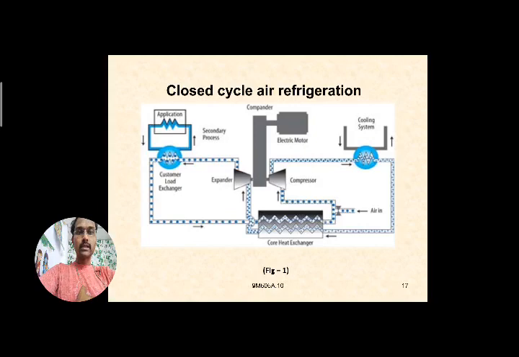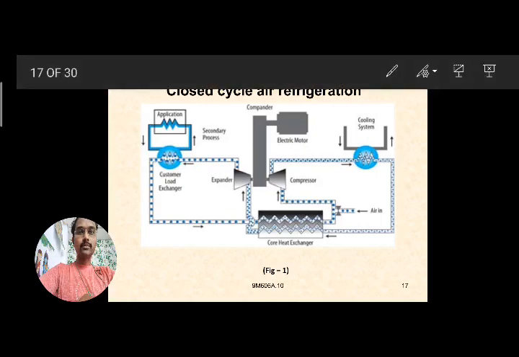After the reduction of the temperature, it next passes to the evaporator part, or the cold chamber, where the refrigerator space has to be cooled. After the heat exchange takes place in the evaporator part, the heat is absorbed by the air, and next it enters the passage again. So it is a closed cycle, and the air is not making any contact with the customer loads. It means it is not making direct contact with the evaporator part.